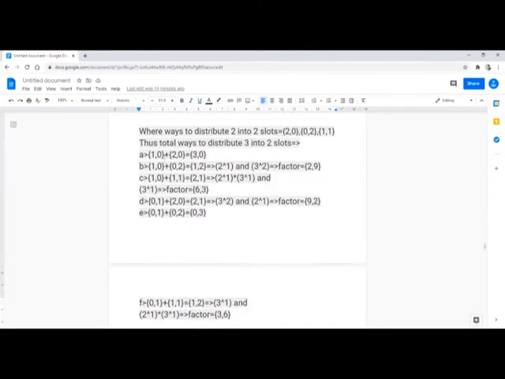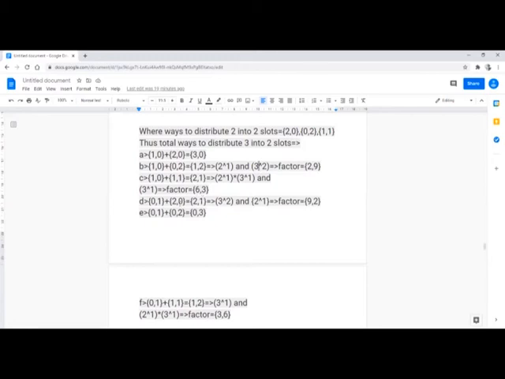So A is calculated by this. A is 1 0 plus 0 plus 2 0, which gives us 3 0. Here B is calculated by 1 0 plus 0 2, which gives us 1 2. Now 1 2 represents 2 power 1 and 3 power 2, which is the factor 2 comma 9. And 1 0 plus 1 1 gives us 2 comma 1, which represents the factor 2 into 3 and 3, which gives the factor of 6 comma 3.